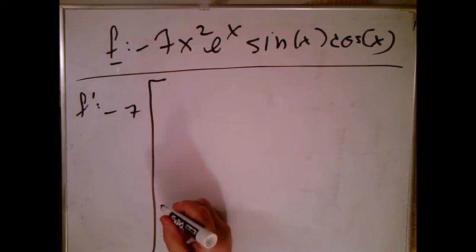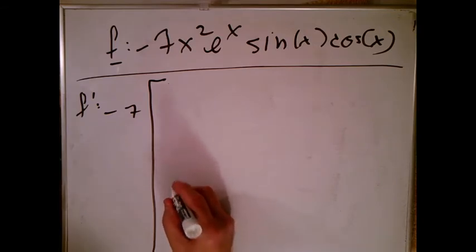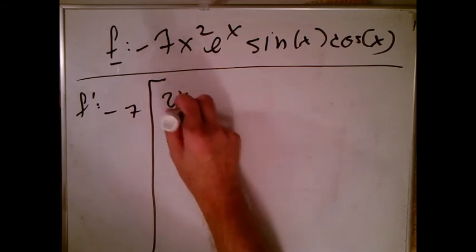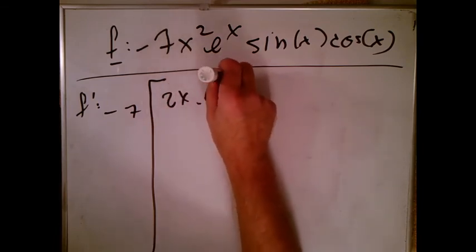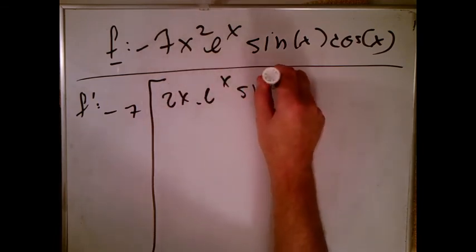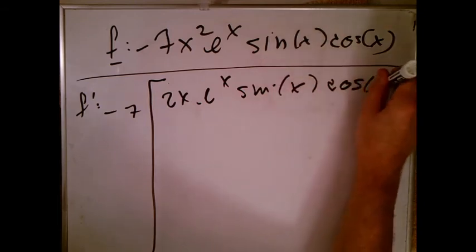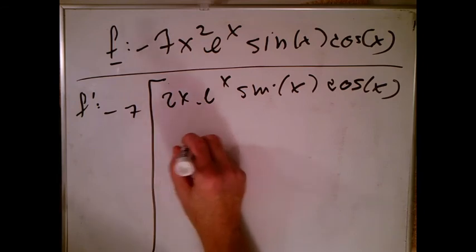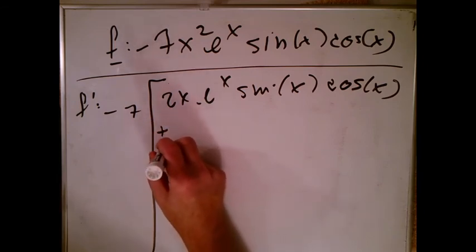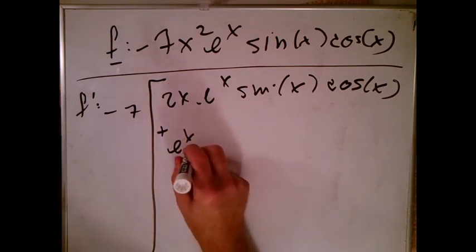Well, how are we supposed to do that one? That's actually one on our list. That's something you took the derivative of, and we earned it, and we get to use it. So anyways, it's going to be the derivative of the first times the other 3, e to the x sine x cosine x, yay, plus the derivative of the second, which is e to the x, times the other 3,